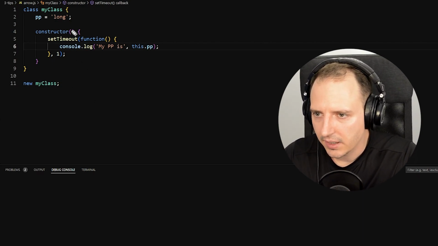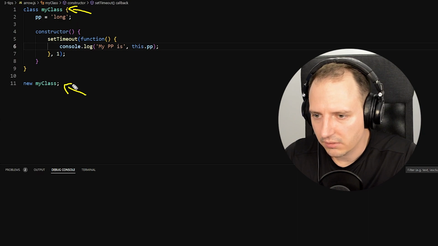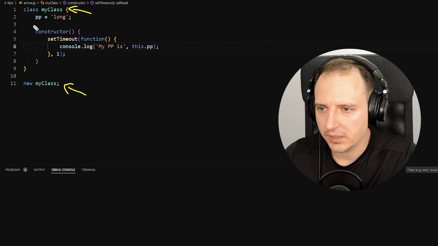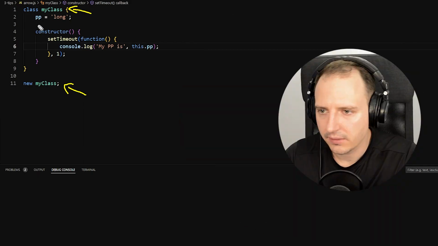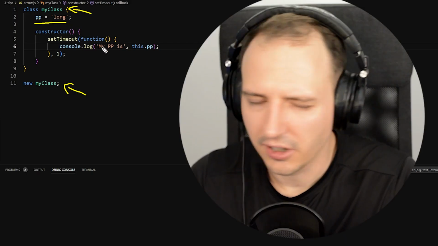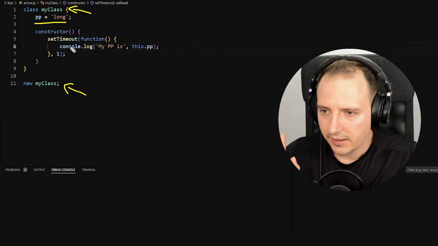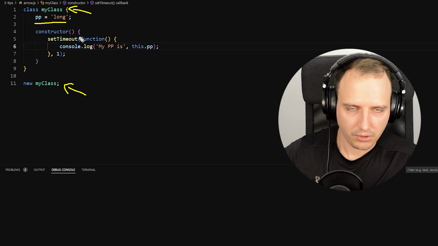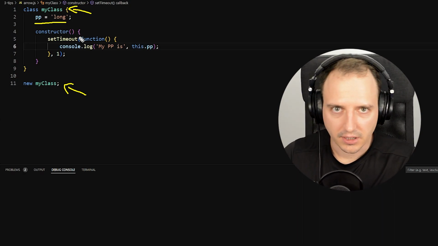So we have a class here, of which I create a new object. And this class has one nice property called pp, which is set long here. Now, in the constructor, which, if you don't know, it's automatically called when a class is instantiated,